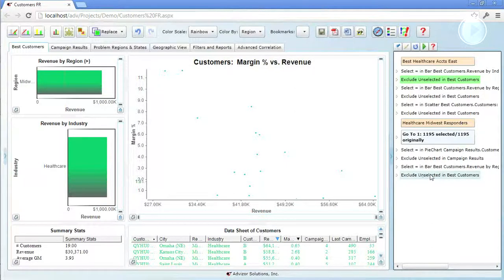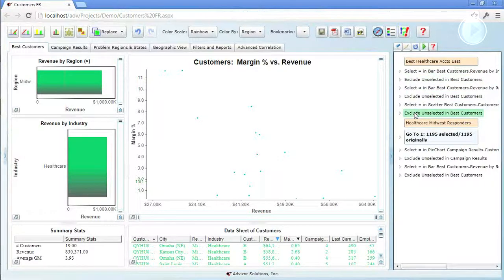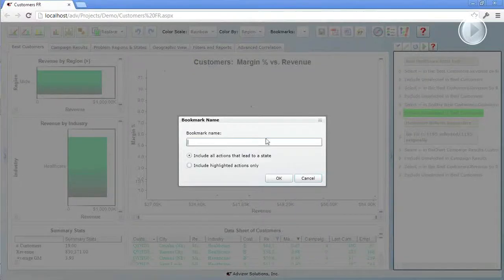Now back to the Flight Recorder, now that I've done my queries, I want to save these because I want to use them at a later time. So in order to do that, I have to create bookmarks of each. And so for the best healthcare accounts in the East, I click on the last step in the Flight Recorder, go to the bookmarks icon, and click it and go to create. And then you label it